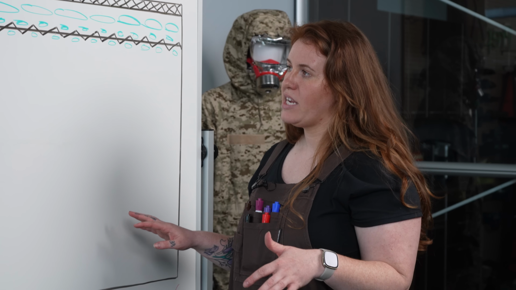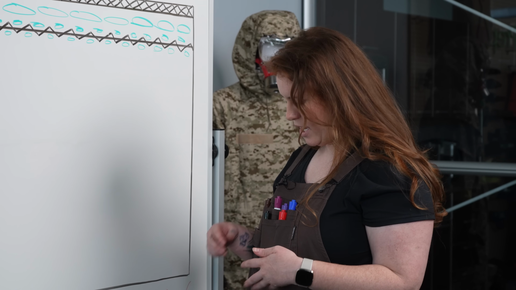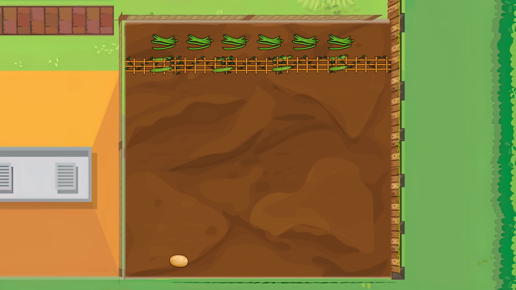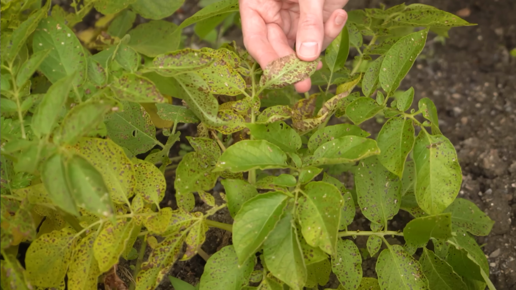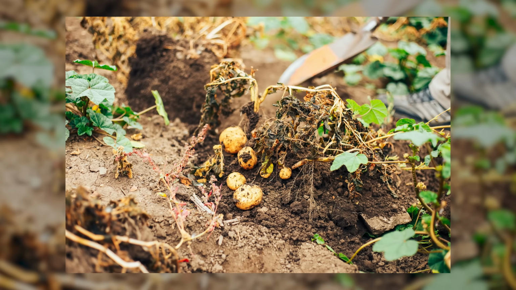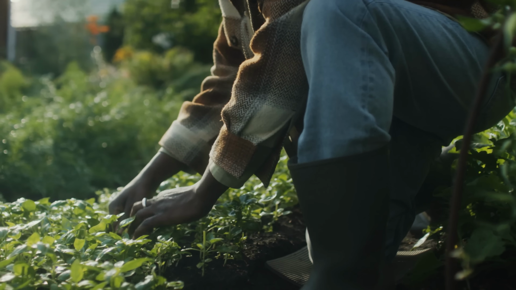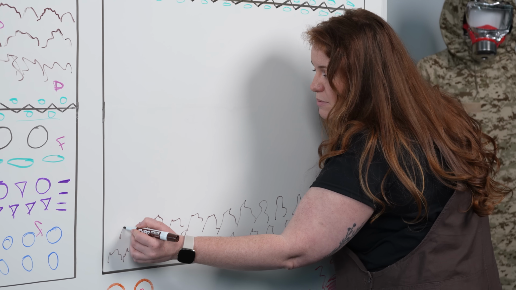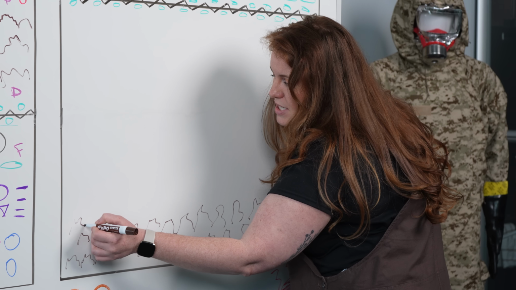I never like to put potatoes in the same space again, so I'm going to put potatoes right down here. We're going to put the potatoes basically almost on the opposite side. The reason for this is because potatoes have blight, and I'm always really cautious about potato blight because once potato blight is in your soil, it is game over